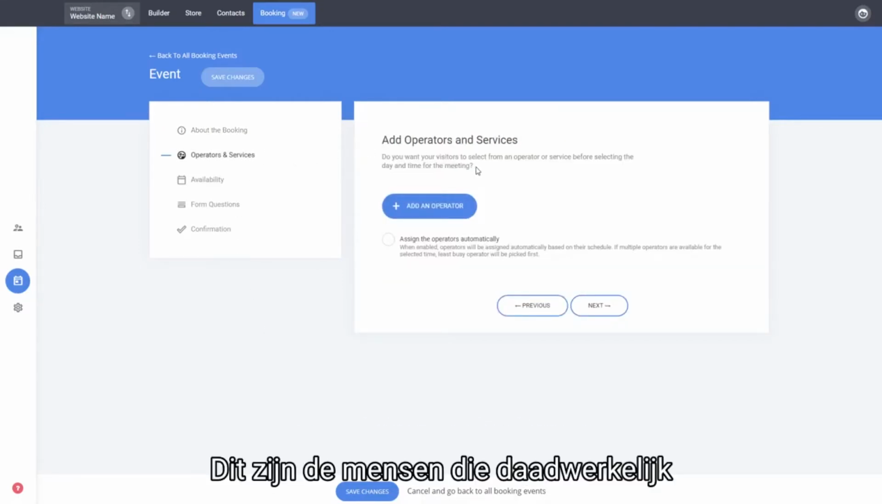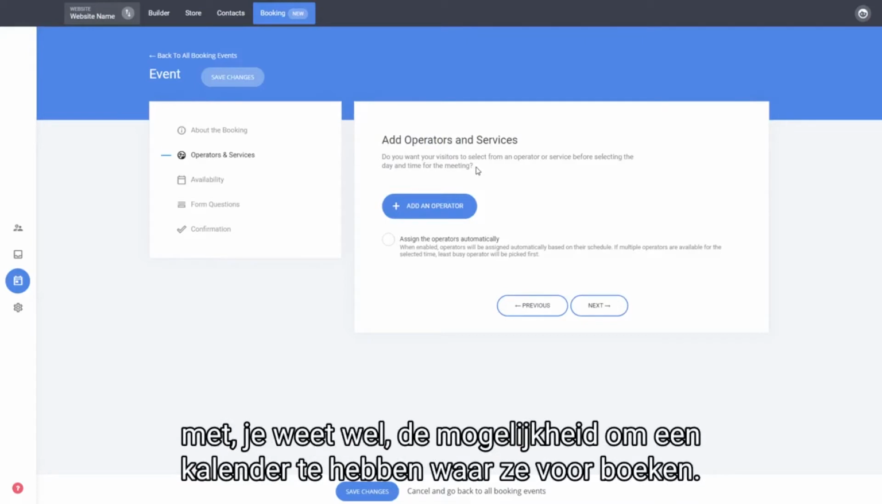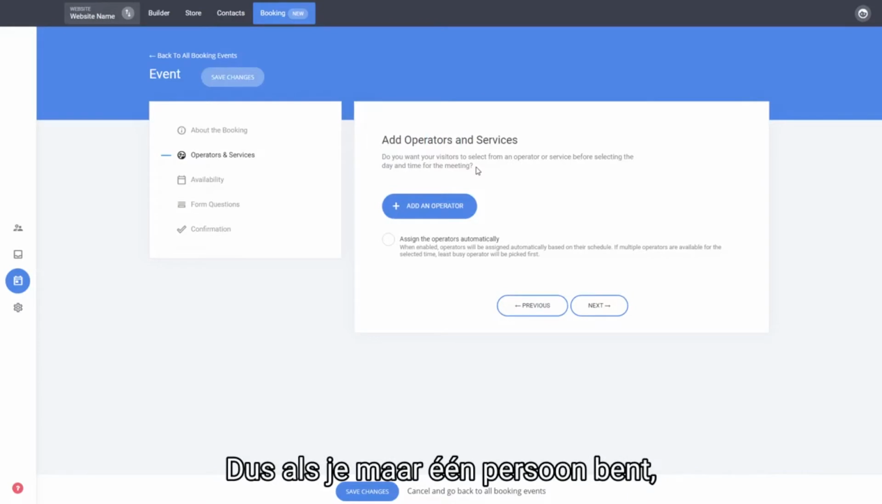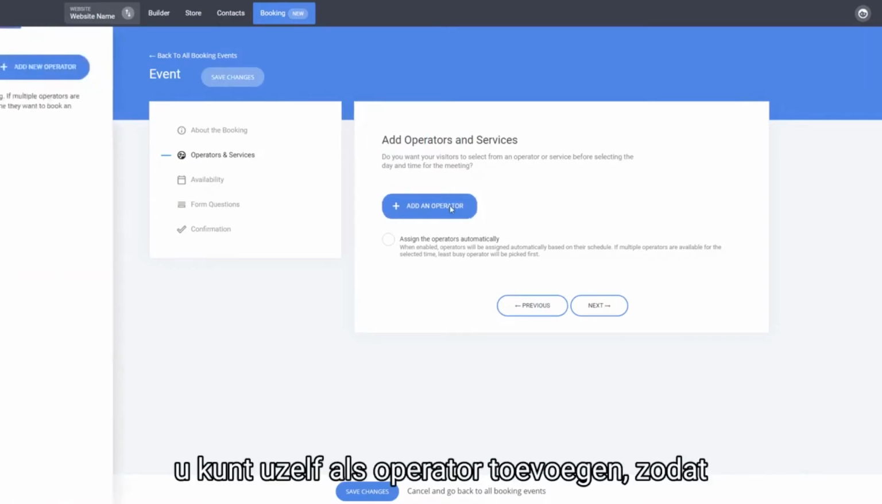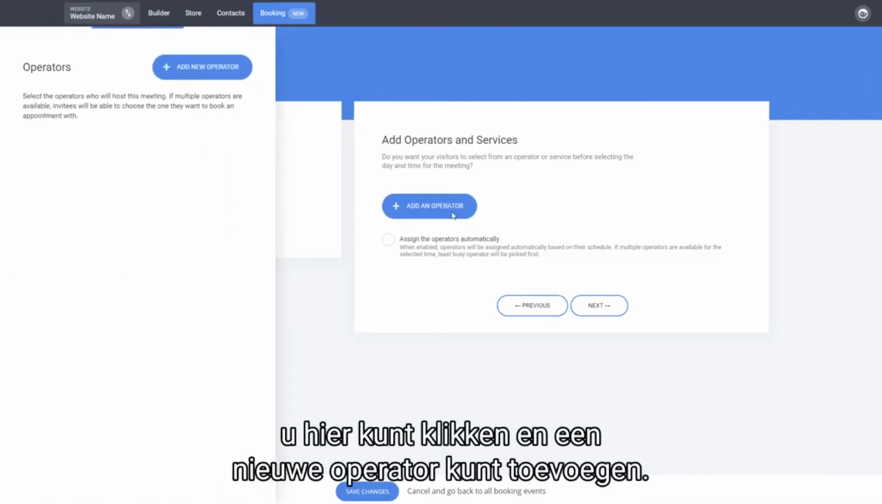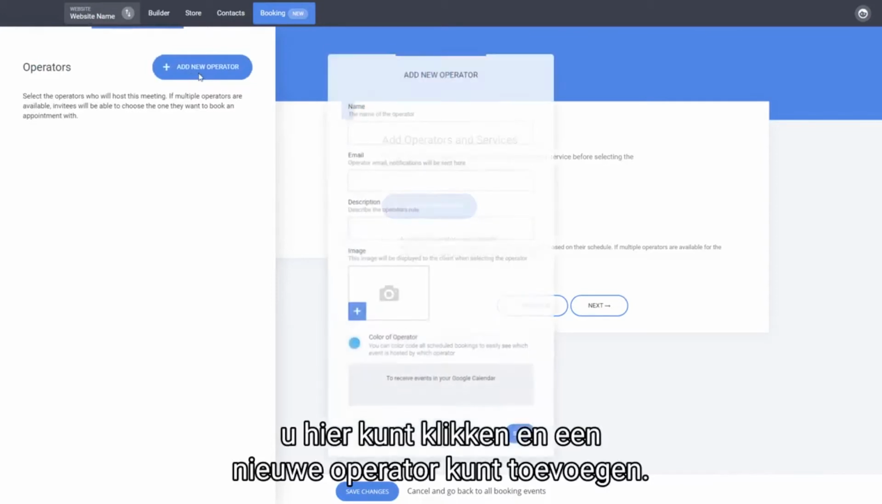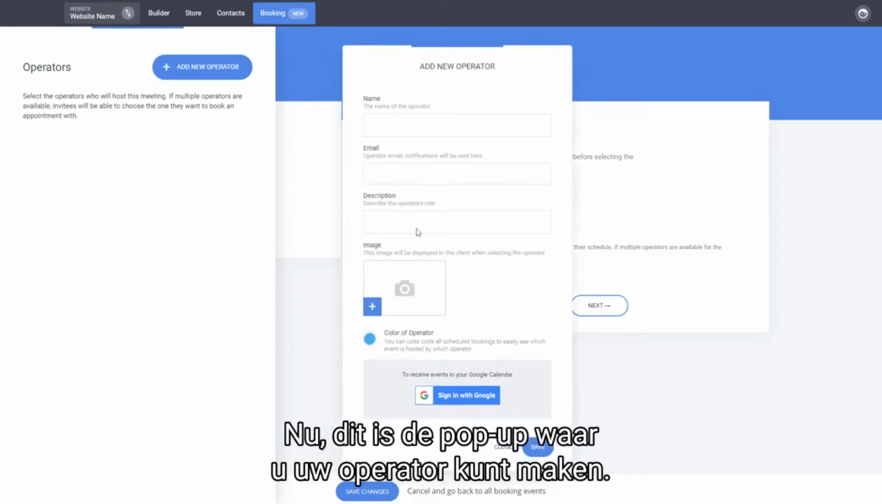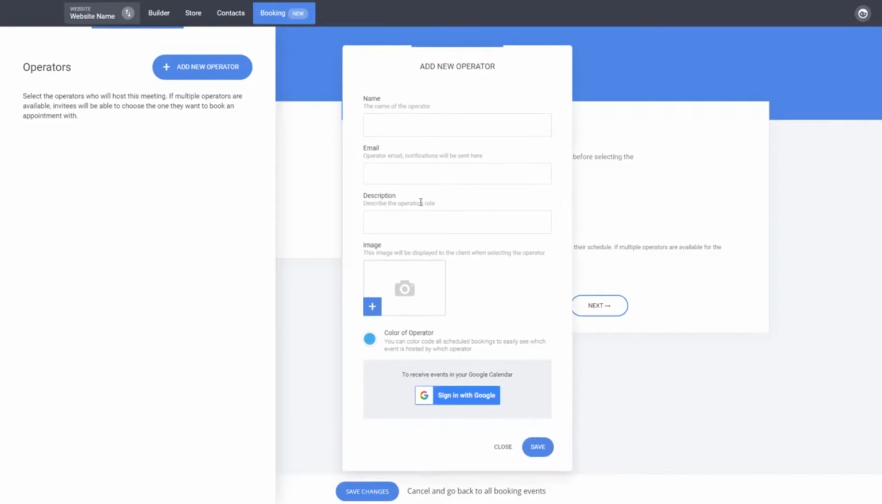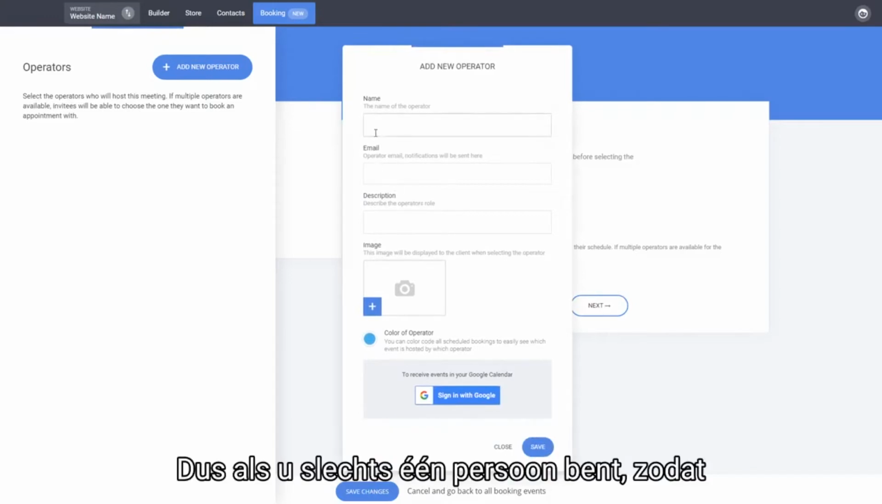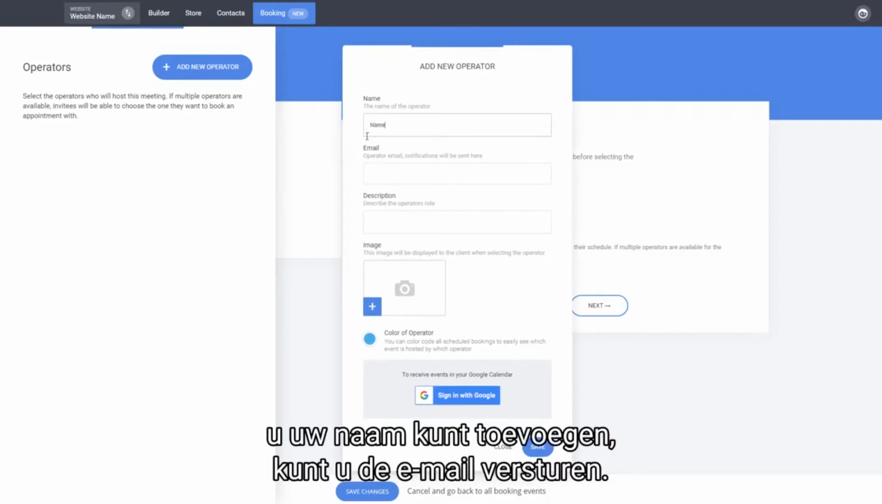This is the people that actually will have a calendar to which people will be booking. So if you're just a single person, you can add yourself as an operator. So you can click here and add a new operator. Now this is the pop-up where you can create your operator. So if it's just you, a single person, you can add your name, you can add the email